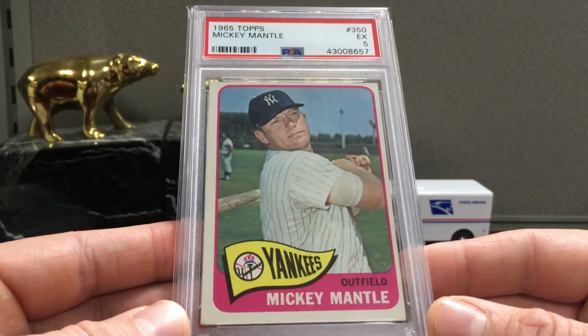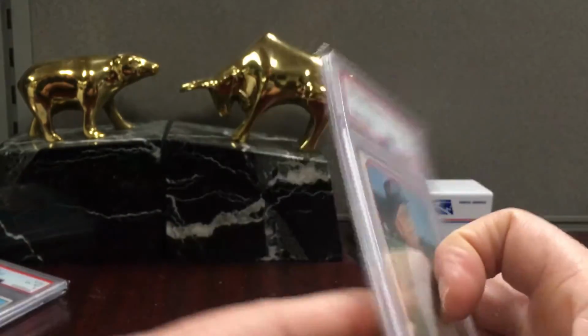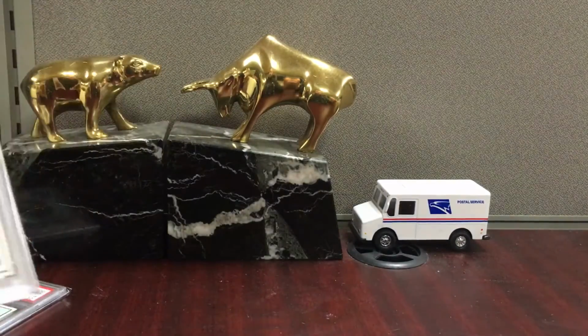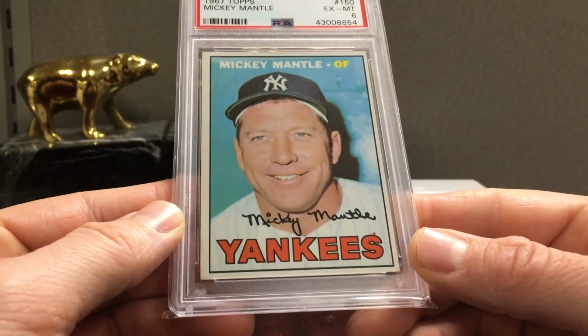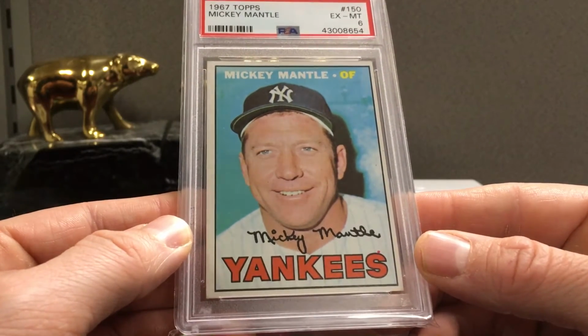But it's still an awesome card. You have a piece of history. So I wouldn't obsess about getting really high grades with the vintage. Just buy something that you like, a player you like, a card that you think looks good, and just go from there. 67 Topps Mantle. So the main thing going on here is you've got pretty rough centering,